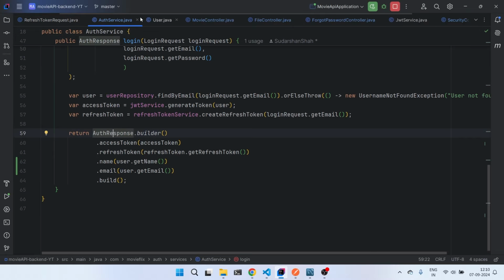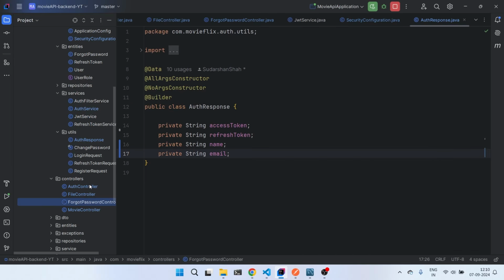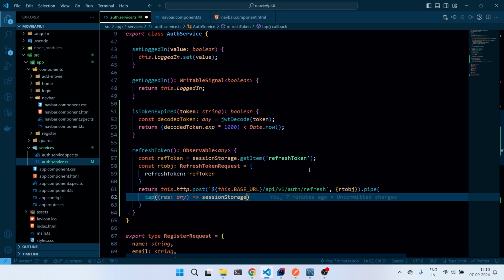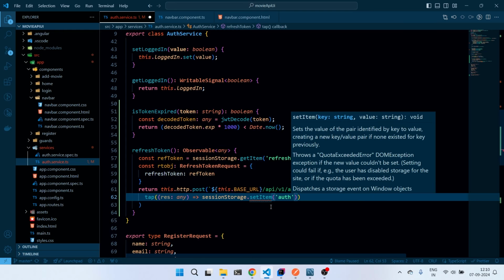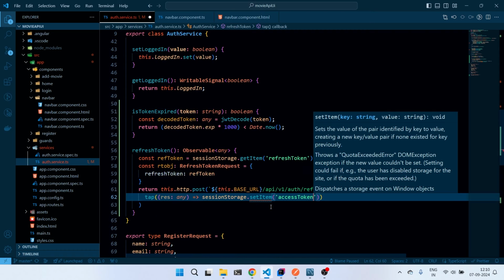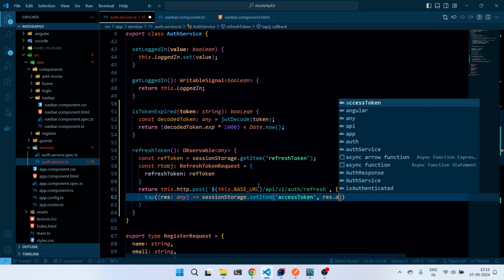So if you go here in controller, auth controller, you can see that it is generating a refresh token, and it is sending the new access token as well as a refresh token, right? So we have to tap this response, and we will save this new access token. So if our access token is expired, we are saving this, and we are saving in the name of accessToken. Okay, so res.accessToken,